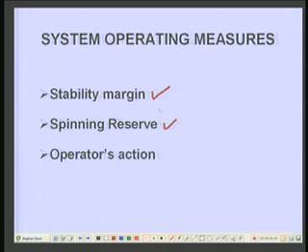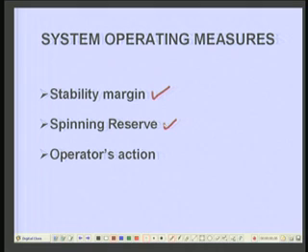This point is also very important, is called spinning reserve. Spinning reserve, the concept is the generators are the reactive power sources, and this reactive power can be obtained quickly by regulating the excitation, and therefore, what is said is that you should operate initially the system so that other reactive power sources are used and the reactive power capability of the generator is kept reserved,